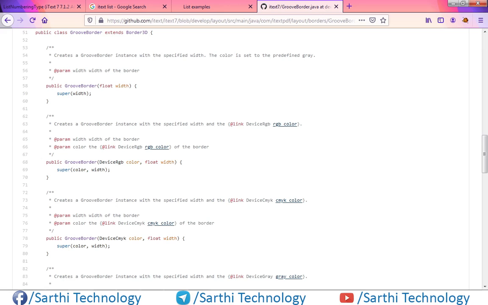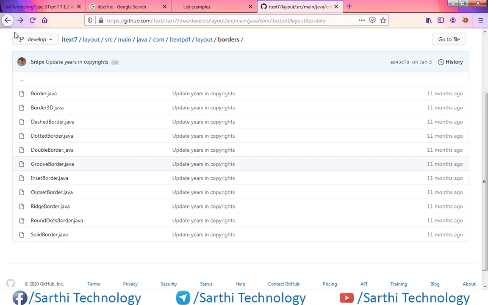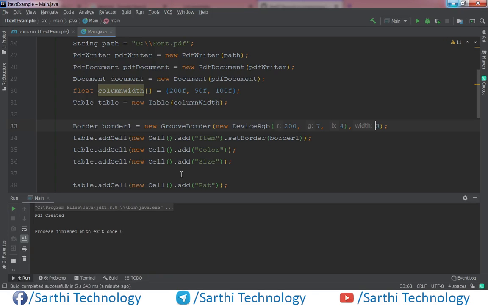Now go to the page and here you can see different types of borders that you can use. For example, we can use this double border, and for that we can directly use it here. So dot setBorder and remove this.